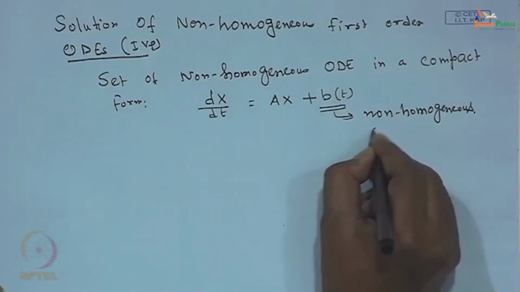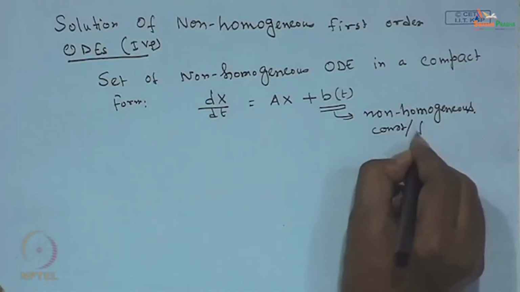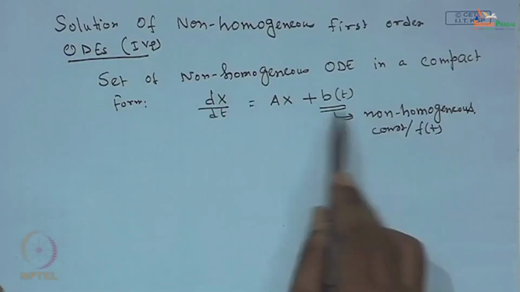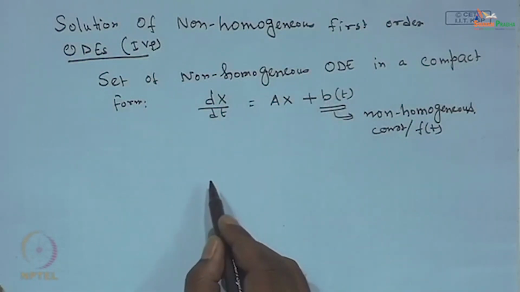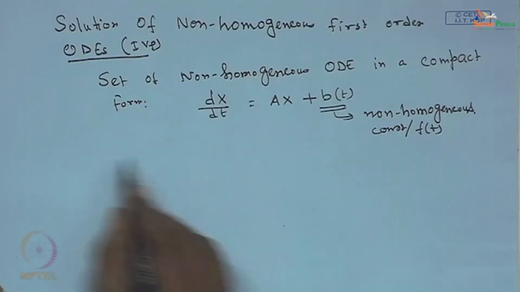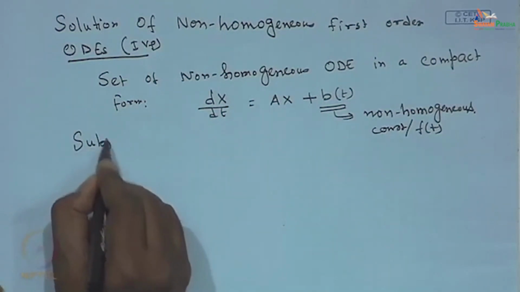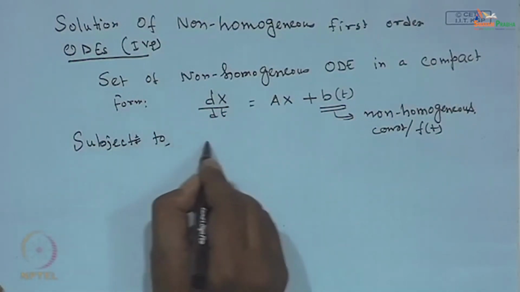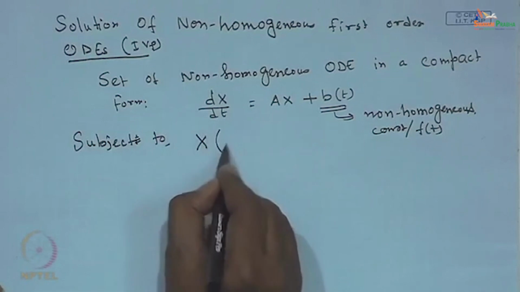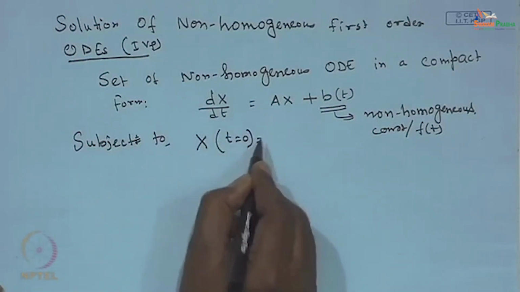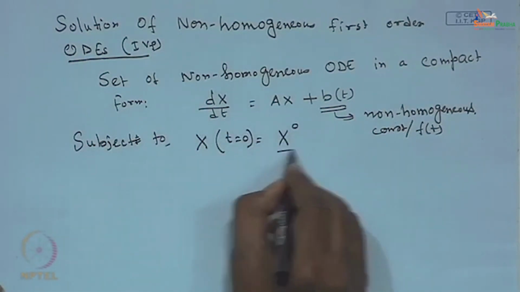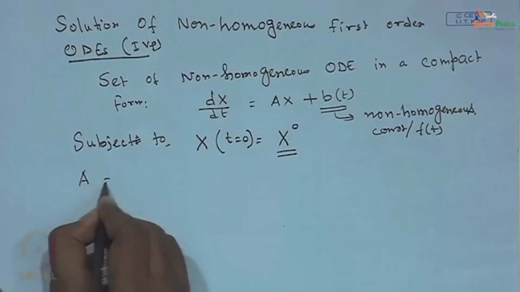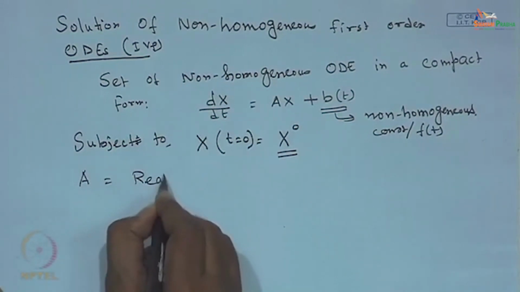It can be a constant term or a function of time, but it cannot be a function of x. This additional term on the right hand side is called the non-homogeneous term. This set of equations has to be solved subject to the initial condition that the vector x at time t equal to 0 is given by the vector x naught. Now, A is a real non-singular matrix,